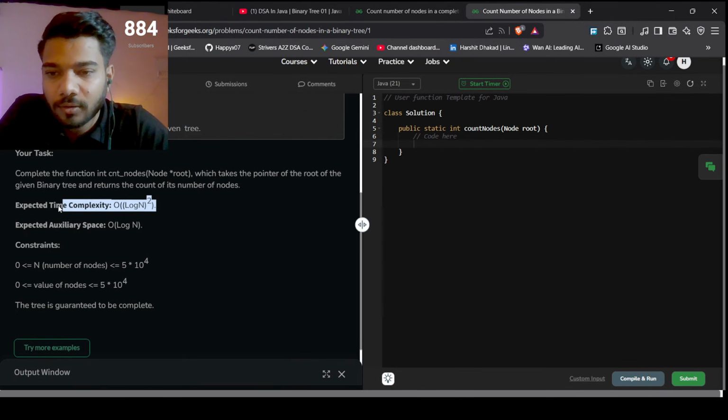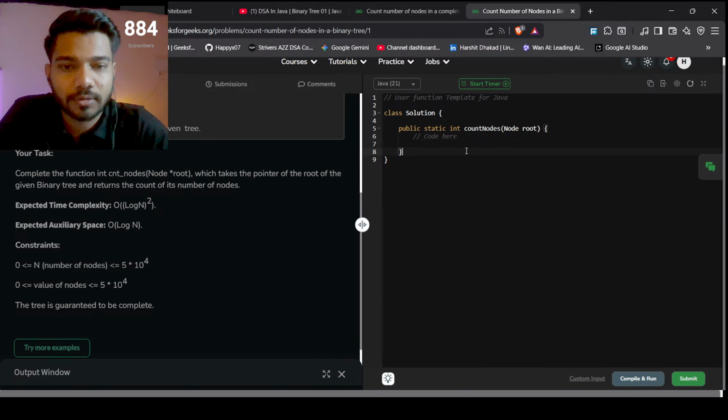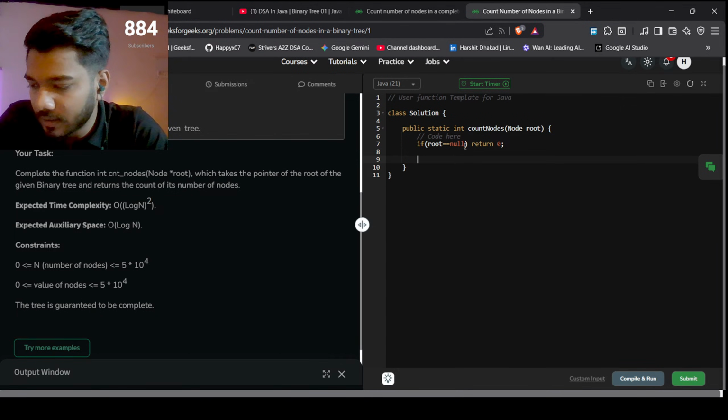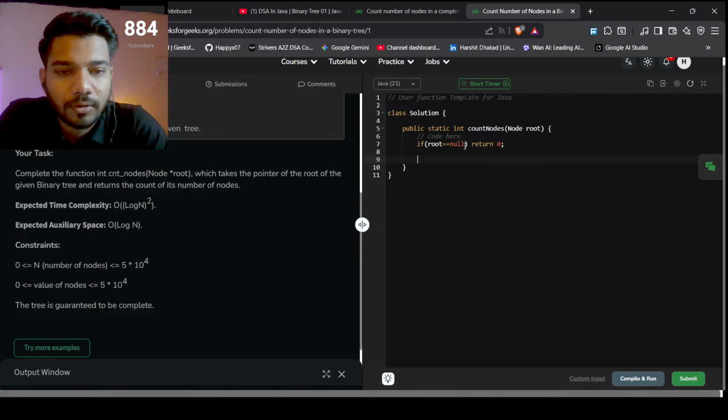This is the time complexity that we will get after using recursion. So this is the code. If we encounter root node is equal to null, we will simply return 0. And then after checking if the root is not null, we will return 1 plus, 1 for counting the current node, that is the root node or maybe the next node that we will be calling in the recursive function, and then we will call this